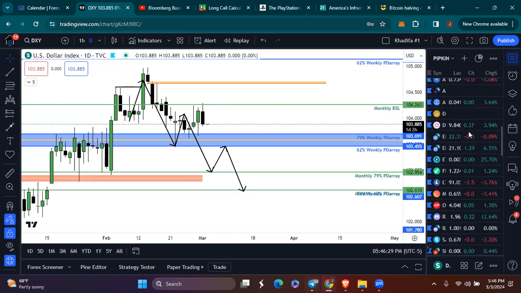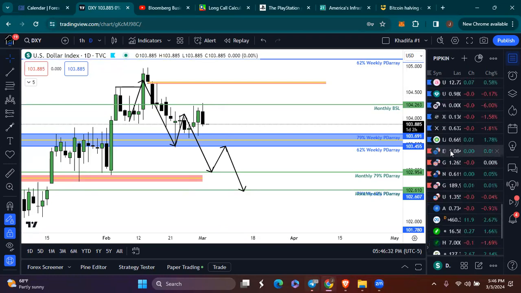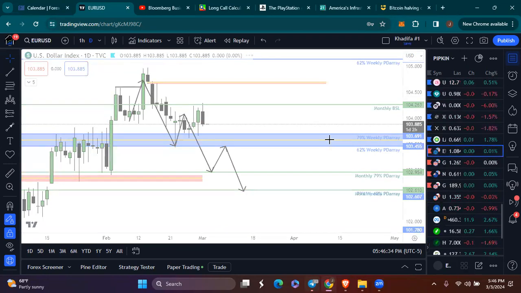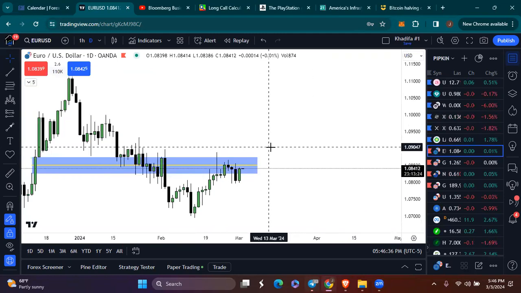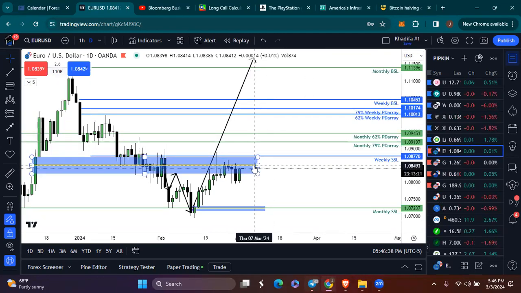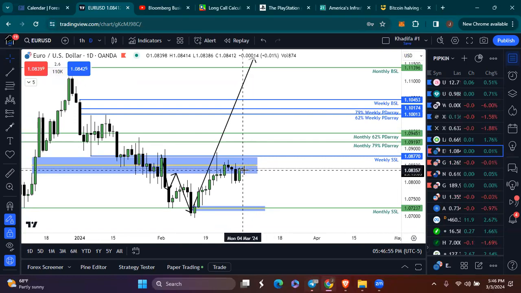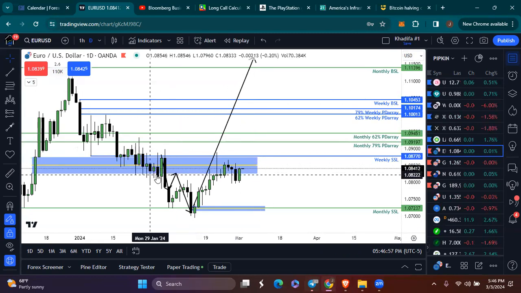So moving on to Euro USD, and looking at the currencies that my group trades, you know that these currency pairs are inversely correlated with the dollar, meaning that they push in the opposite direction that the dollar pushes in. And so if I'm expecting the dollar to push lower, then of course I'm expecting currencies to push higher.